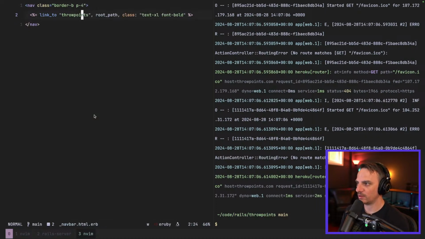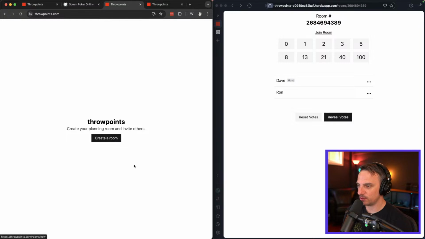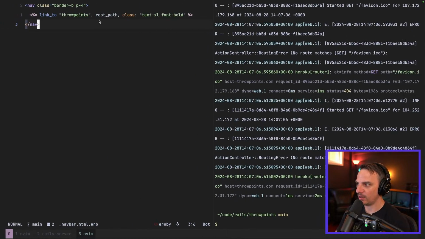P4, something like that. And interestingly, we don't want to include this in the layout. Or if we do, we just need to exclude it from the home page, right? Since we have this really simple home page, we can just come here, click create a room, and then